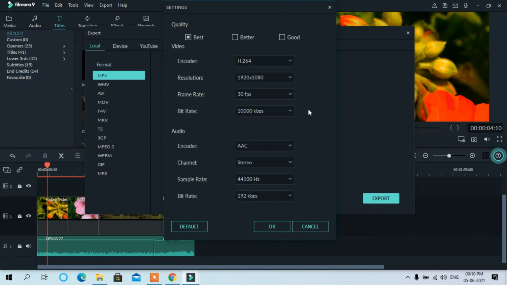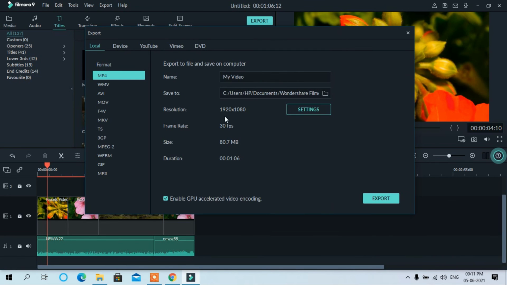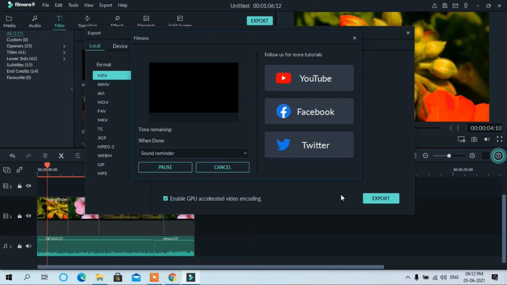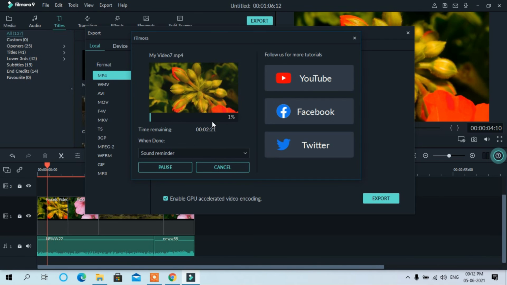Now here in settings, you have to see whether you want good quality, better quality, or the best one. Here you can set the resolution you want for your video. Usually nowadays HD is trending, so keep it 1920 by 1080 because it's HD quality. Now first check the resolution you have set, and then export. It will export. It takes some time to export the video,